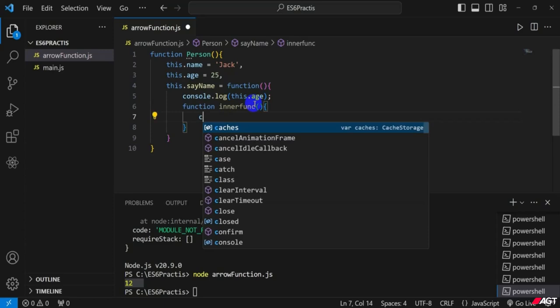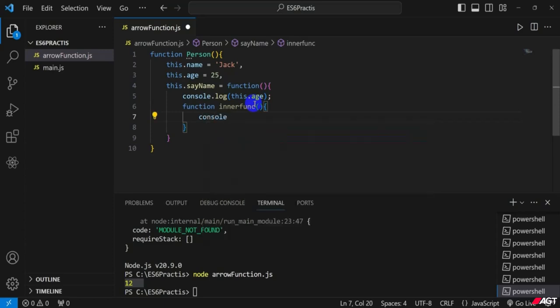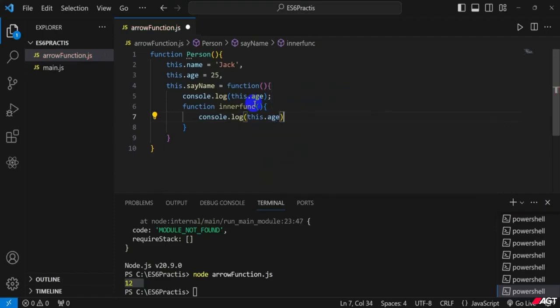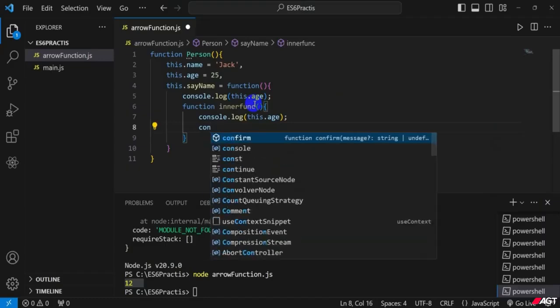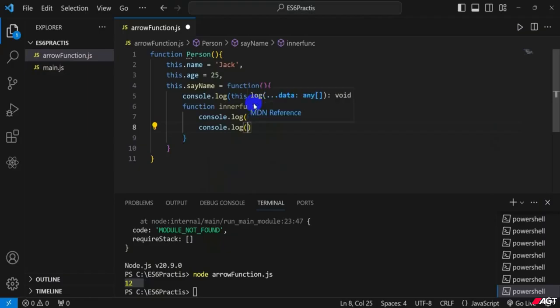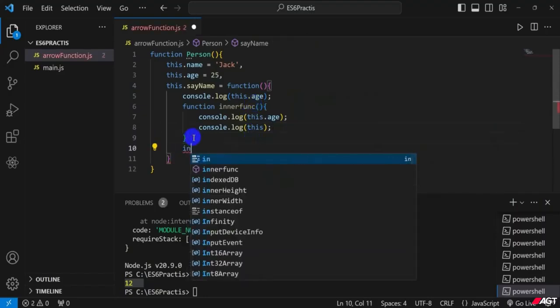Okay, so now I create the console dot log, and here I insert this dot age. Okay, and next line I also create a console dot log method, and here I insert this function. Okay, so that is completed, and now